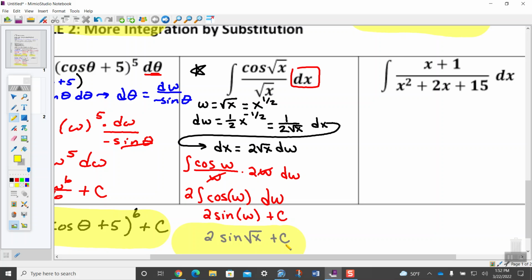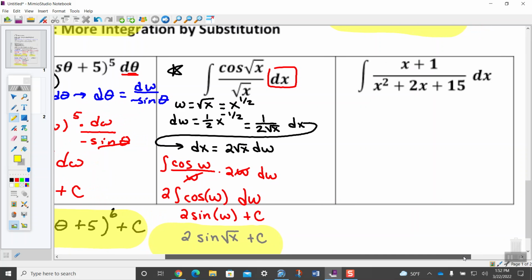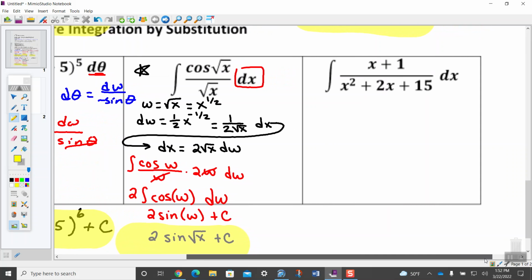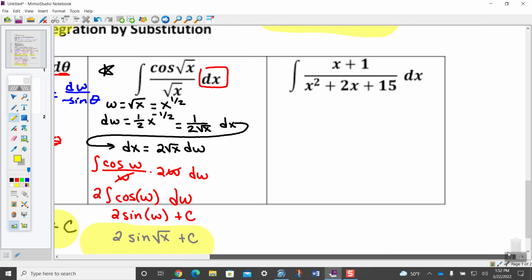Okay, let's get through one more and call it a day. Sound like a fair plan to you guys? Okay, this next one, a little tricky, it's a rational function, all right? There's a numerator and a denominator. Typically when there's a numerator and a denominator with stuff like this,